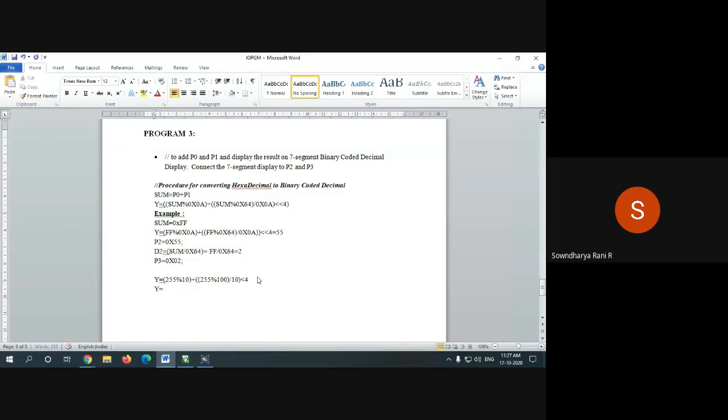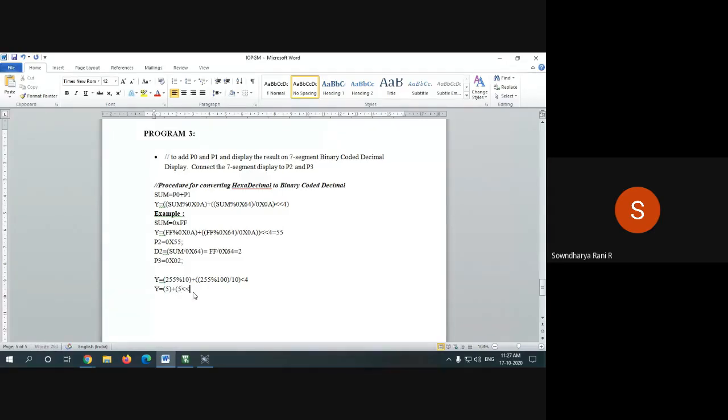So what will be the answer? y is equal to, 255 modulo 10 will be 5, plus 255 modulo 100 will be 55, divided by 10 will be 5, right?